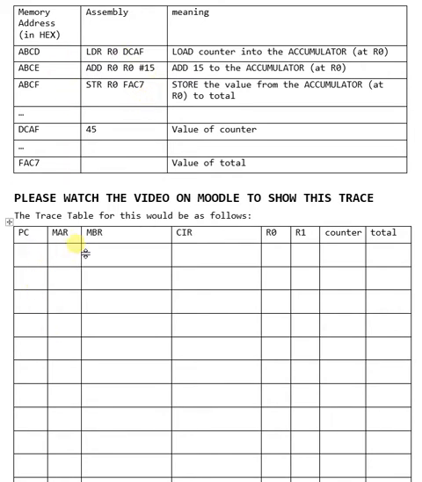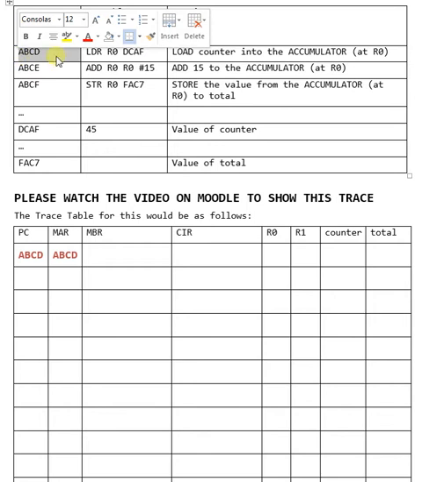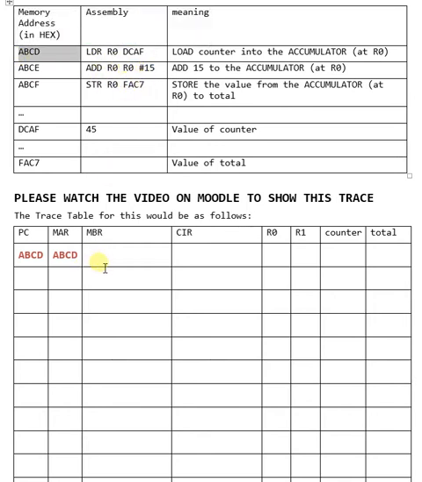So when we start off, the program counter will contain the address of the next instruction to fetch, so that's A, B, C, D. So the steps of the fetch execute cycle. PC gets copied into the MAR, okay, so that's the address. The next step is that the address here is used to access memory. So we go to that address, A, B, C, D, which is this one here, okay, this one here I'm highlighting, and then it will fetch the instruction or whatever data's in there and